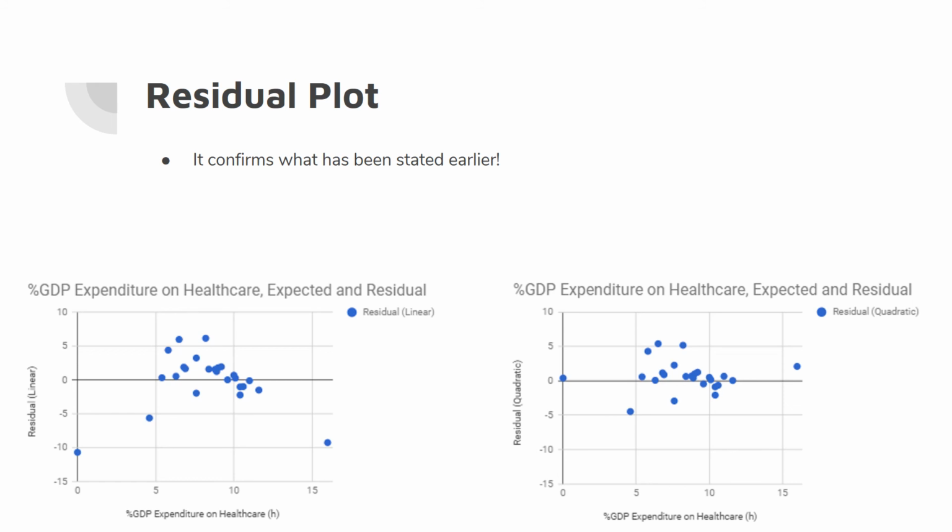I also did a residual analysis just to confirm what I already know about the R coefficient, because they tell you the correlation. So when I did the residual plots for both models, you can see that the quadratic model has most of the points closer to the x-axis, or the horizontal axis, as opposed to the linear model, where the points are spread out.